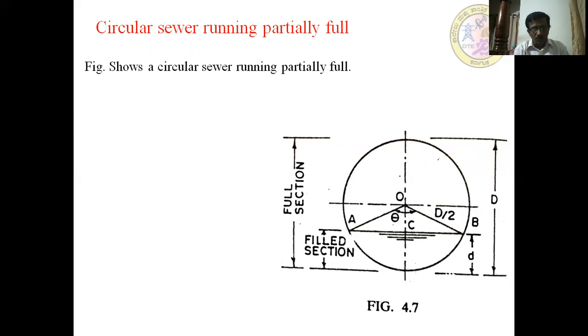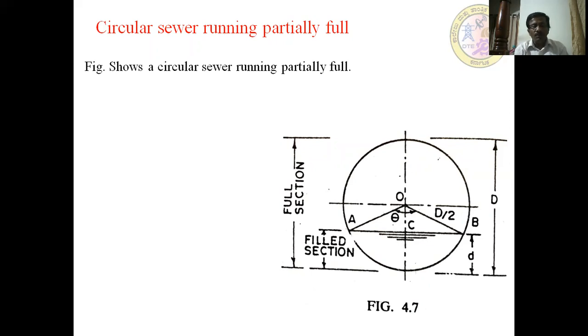Otherwise, due to infiltration, there may be some amount of water which may enter into the sewer by the surface runoff. Also, since there are so many organic matters present in the sewage, it may go for decomposition. By that, it produces gases like methane, hydrogen sulfide, carbon dioxide, and all these things. So a passage is required for movement of the gas also.